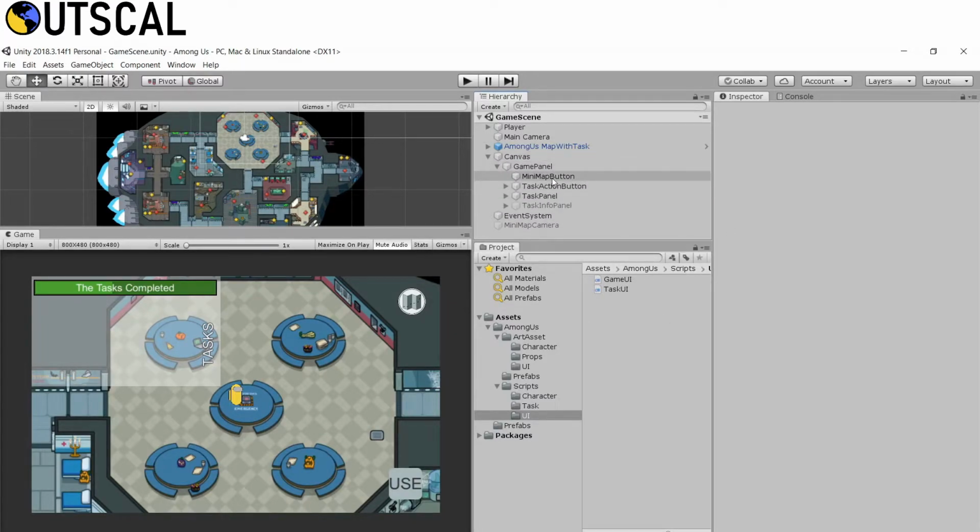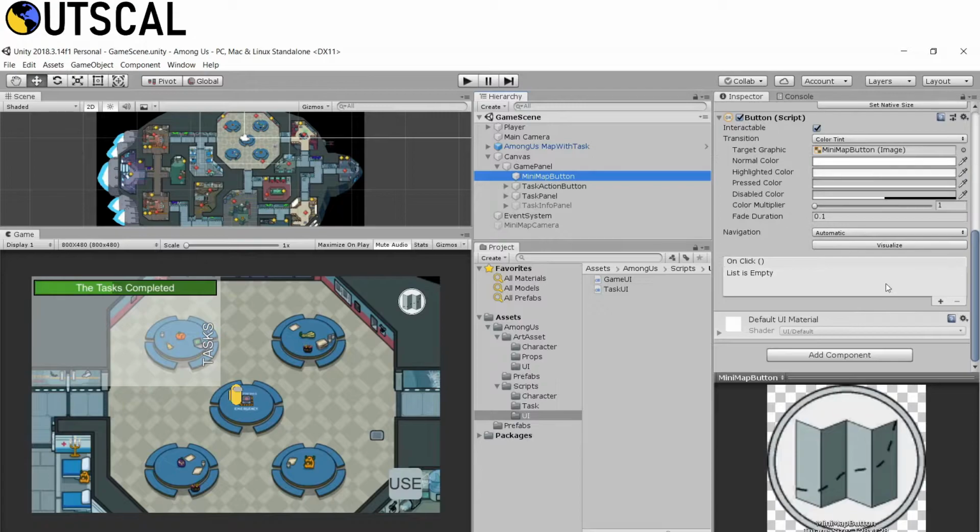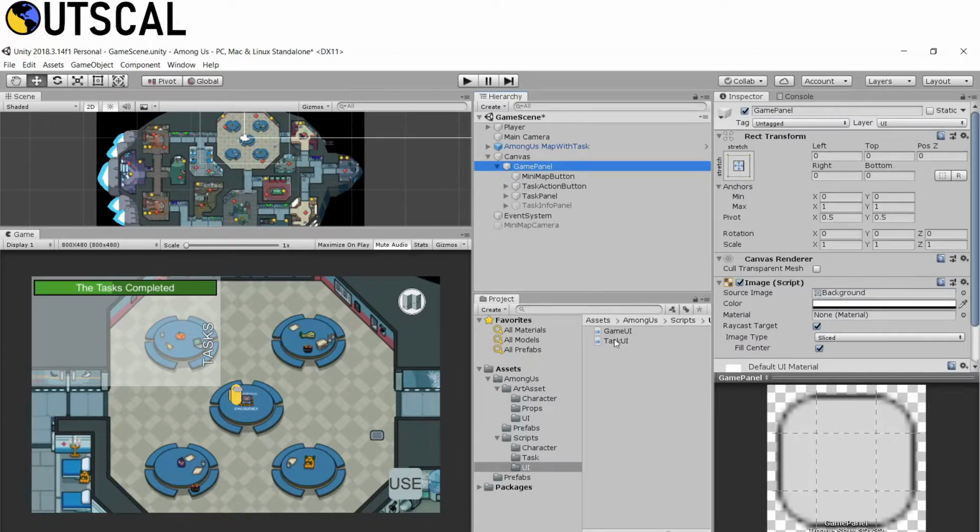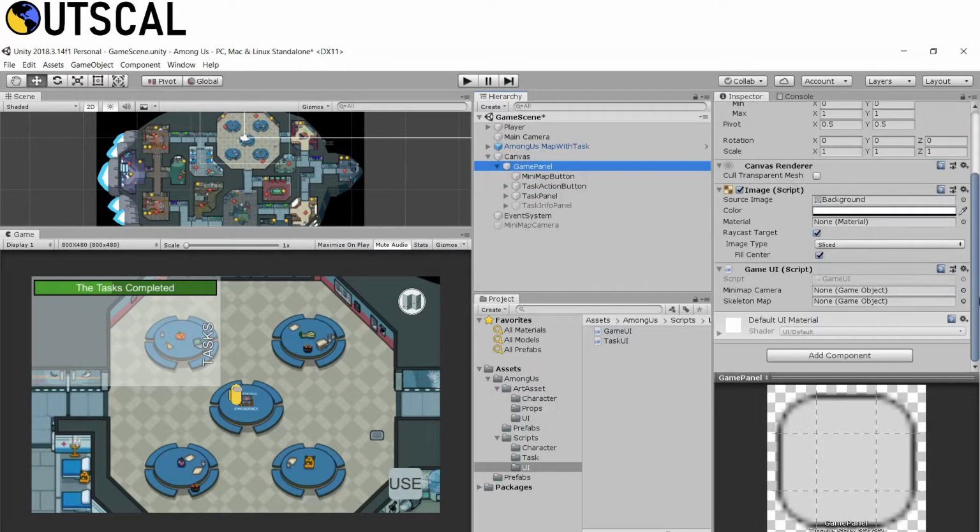In our canvas, select minimap button. You can see we have this button element in which we have this on click. Click on this and let's assign our game UI. So first of all, we need to drag our game UI onto our game panel, since we have this script on this game panel. Then let's drag our minimap camera.